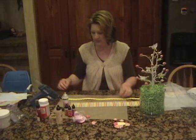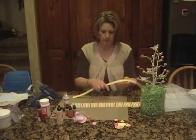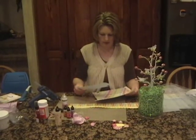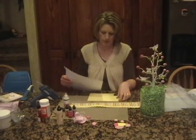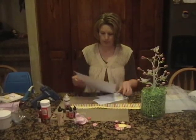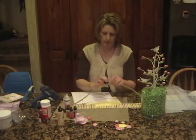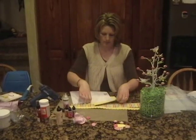We've got our 2 pieces, and I want to do a simple scallop across the top, and I've gone ahead and done mine ahead of time, but to make that you can just use any sort of scallop pattern, or you might have a scallop on your Cricut. I just did mine from the We Are Memory Keepers egg plate paper, and I used some 3 Bugs in a Rug paper from their April Showers collection. So I am just going to